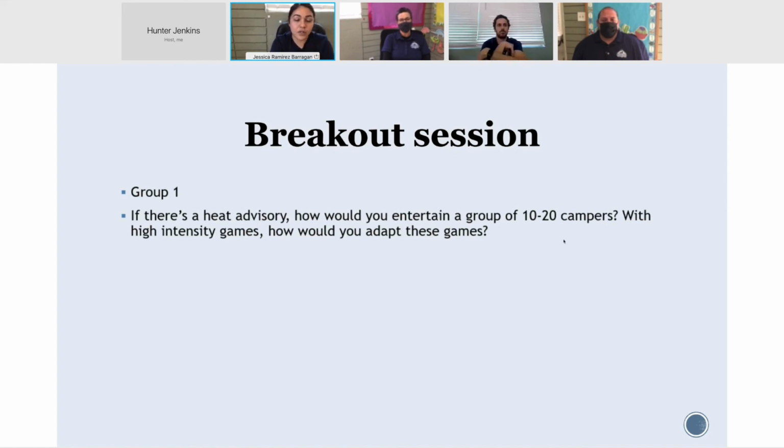Another thing is, how would you also adapt those high intensity games if you still want to play them? Something is making sure that you are taking water breaks every 10 minutes while you are scheduled to be playing this game, or even before that. Try and stay in the shaded areas if you have a shaded area. And then if you absolutely don't have any of these options, just being flexible and being on your toes and making sure that you have that second or third option to do for that day is always the best,